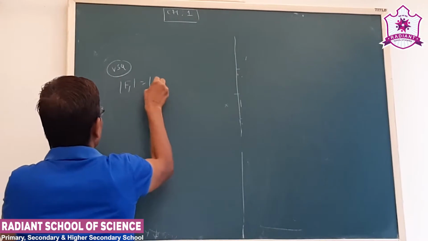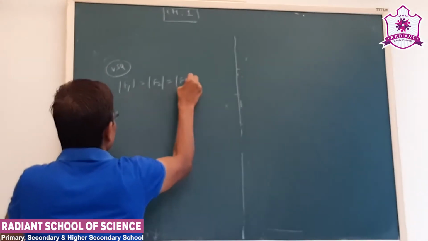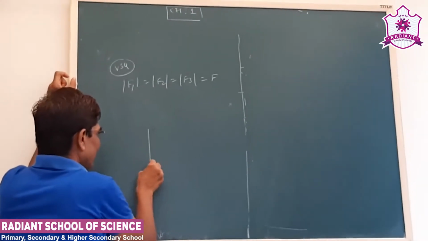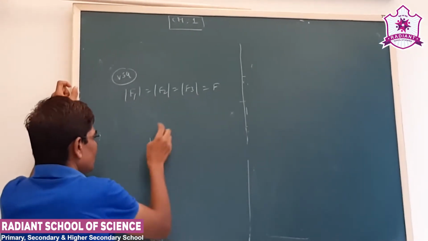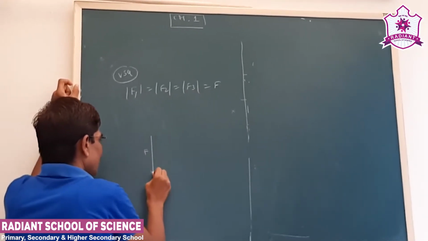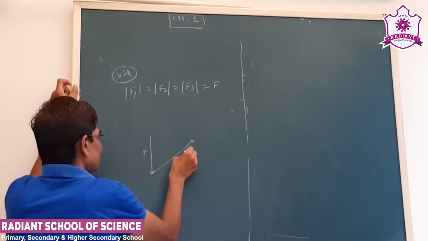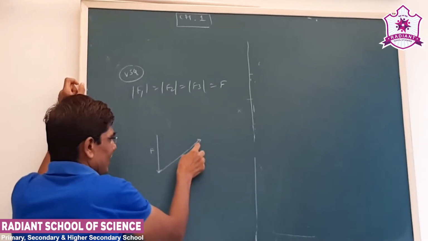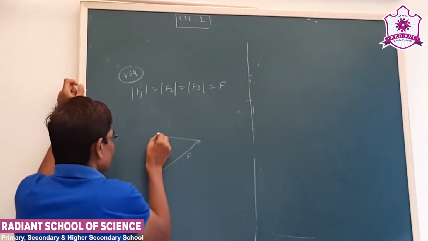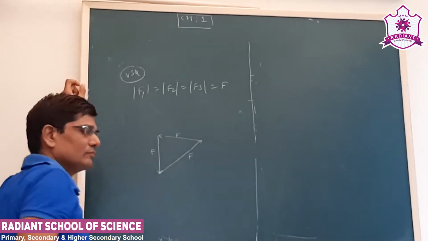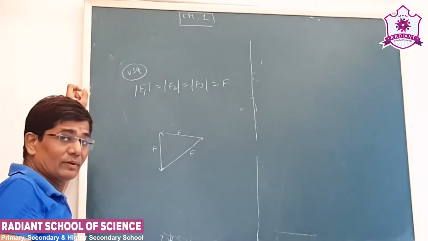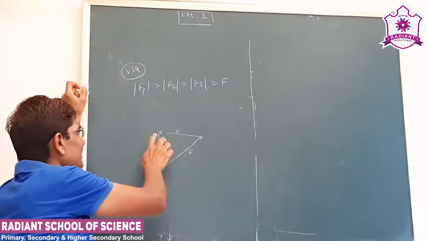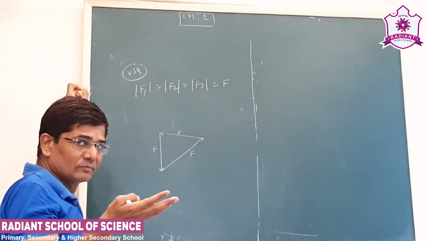F1, F2, F3 are all the same magnitude. The first was in the negative y direction. On the head of the first vector, we place the tail of the second vector, F2, which also is F. On the head of the second vector, we place the tail of the third vector, F. These are the three sides of a triangle, each of the same length, and we see that this forms a closed figure.